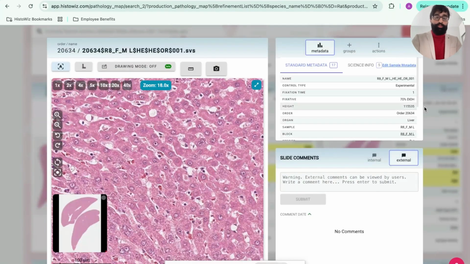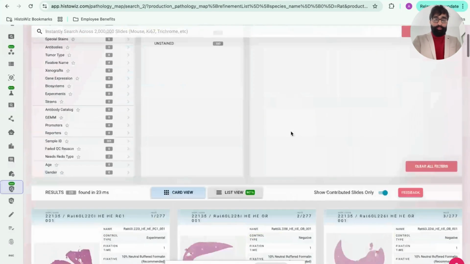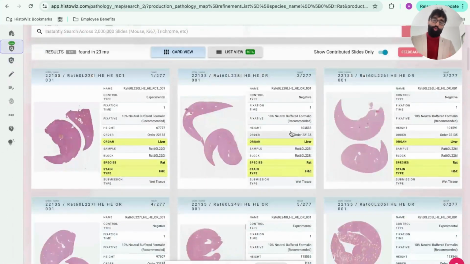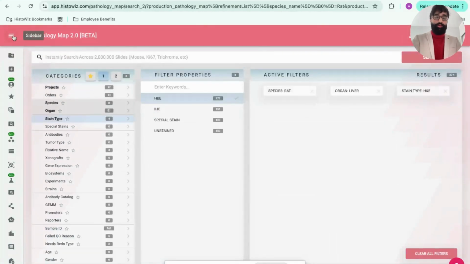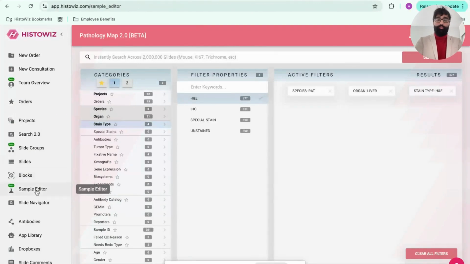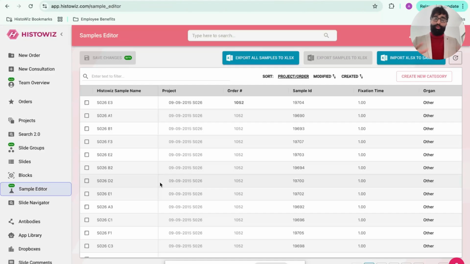Again, all of this, as I mentioned, is based on the metadata that you would have entered while uploading your images or while placing an order with HistoWiz. But we also have the ability on the platform to easily update the metadata. What you're seeing here is a giant spreadsheet which has all the information about your project, orders, slides, and the associated metadata.